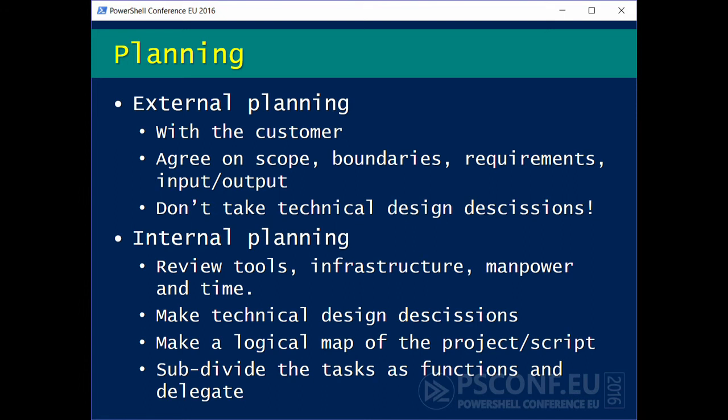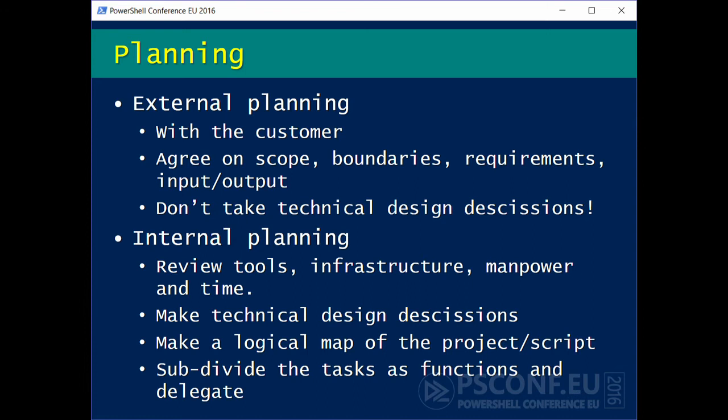So this is the phase where we review the tools, the infrastructure, and the manpower and the time available. And there, in that meeting, we took the technical design decisions because it was our decision what type of technology we were going to use.